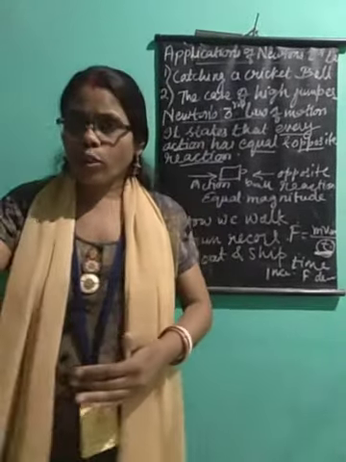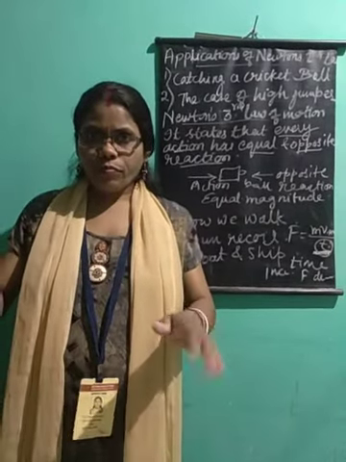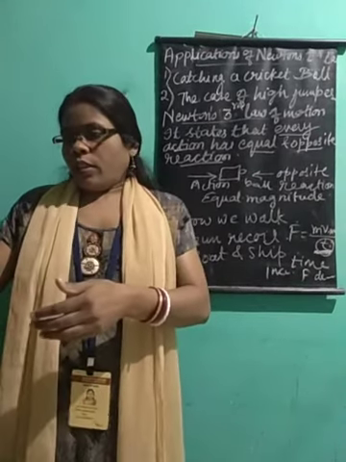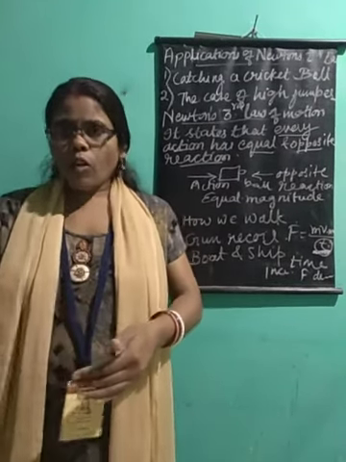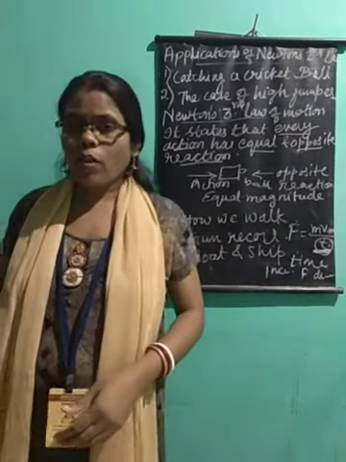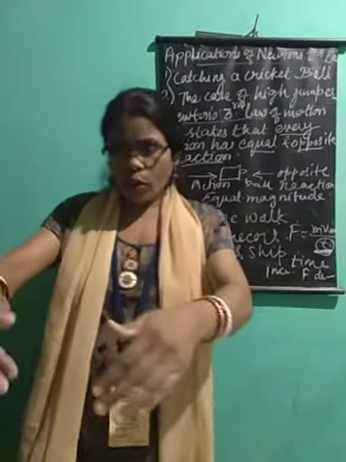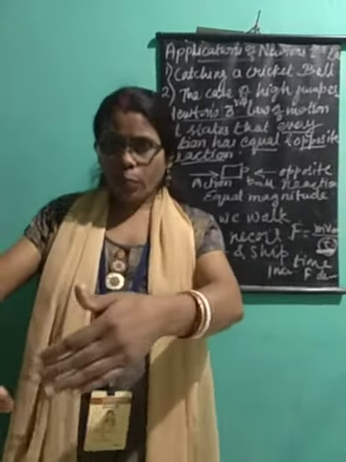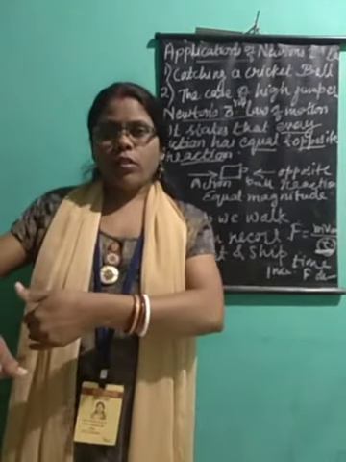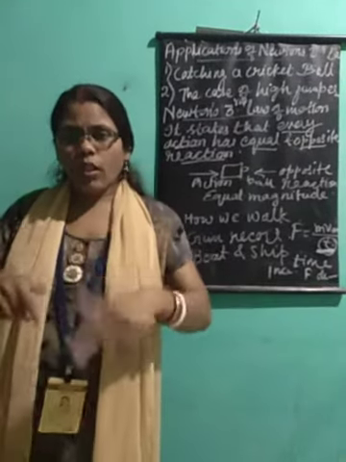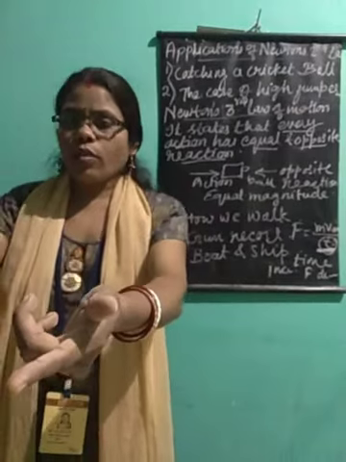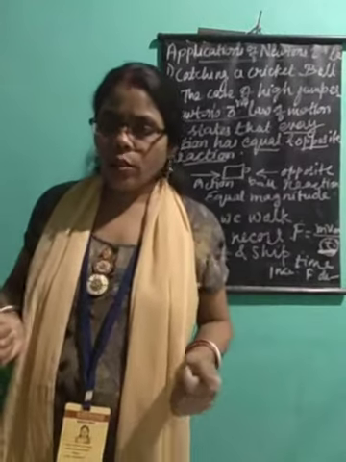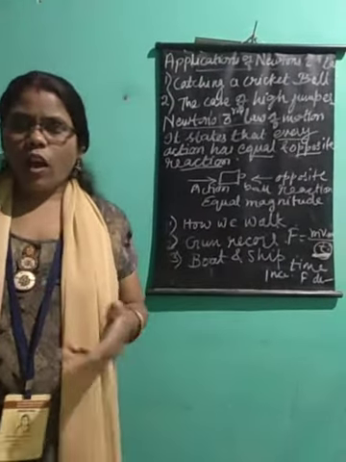How can we jump out of the boat? You must have seen while we move on a boat or ship, and when we try to come out of that, what happens? When we try to come out, we are applying force on the boat with our one leg. When we put our one leg forward and apply force on the boat, we are pushing the boat backward. This boat will apply force on the legs and it will push our leg forward and we are able to come out of the boat onto the land when we come to the nearby shore. Okay, this is how it works.